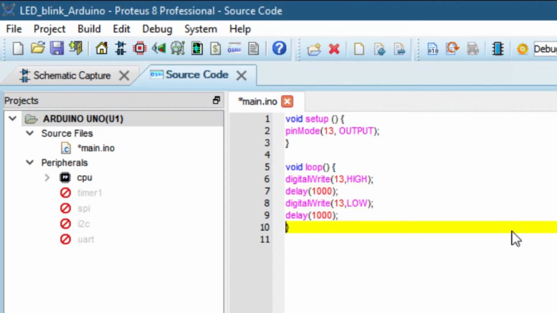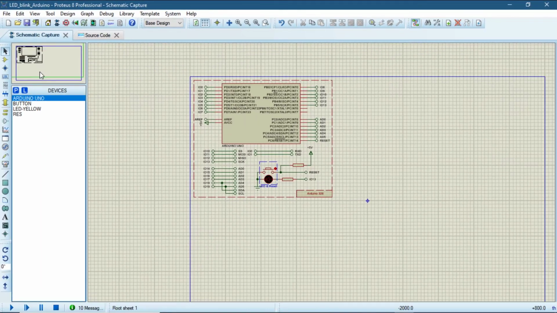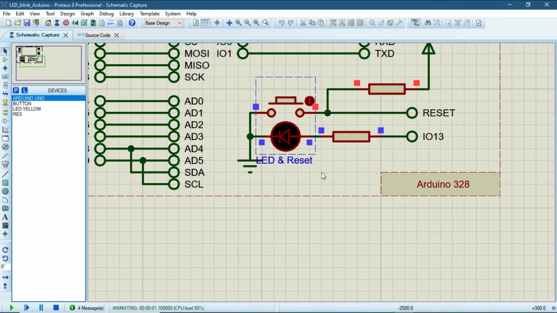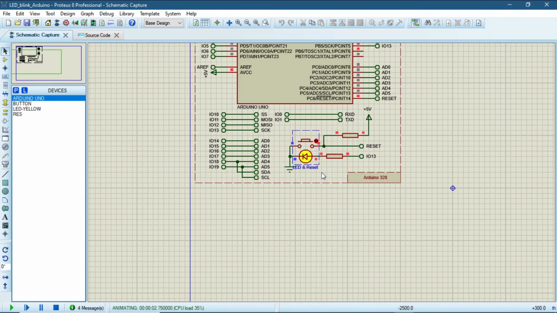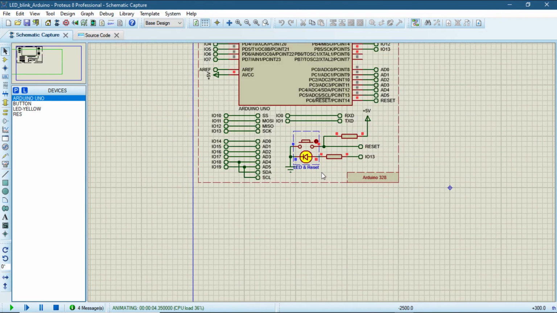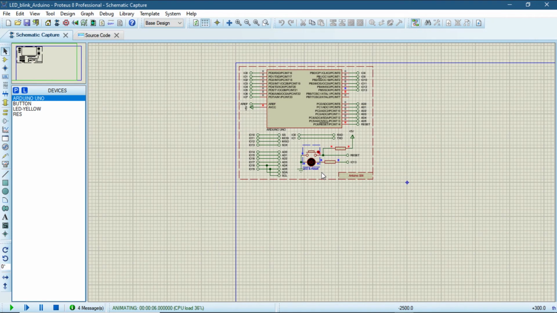That means every second the LED will be on and off. We run the simulation and we can check that it is on and off. So this is a very standard LED blink program, like the first program that you do on Arduino just to check whether you are able to communicate with the board or not.